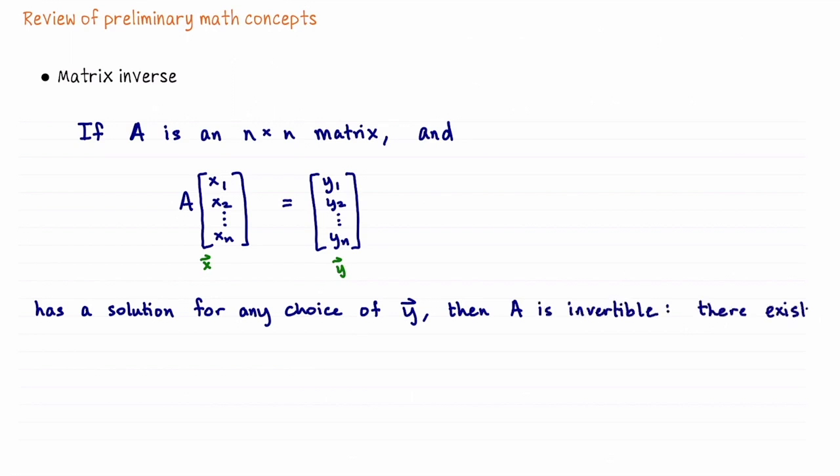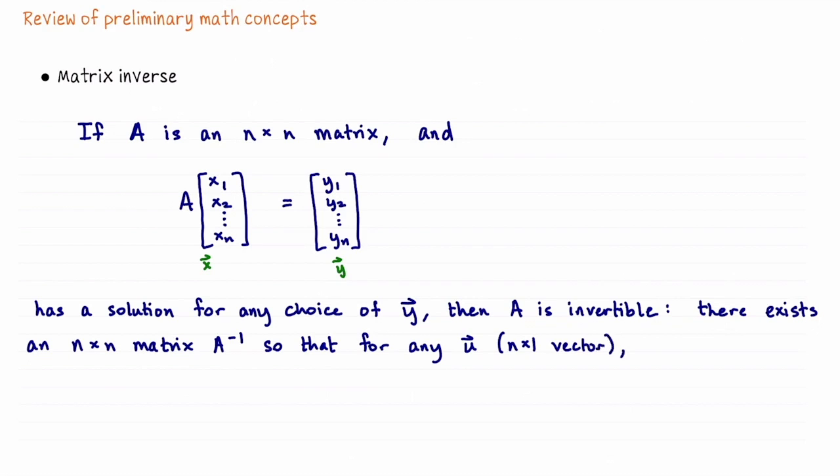This means that there exists an n by n matrix, which we denote by A inverse, so that for any, let's call it vector u, some n by 1 vector u, the matrix product A inverse times u returns u, as does the product A inverse A u, that also returns